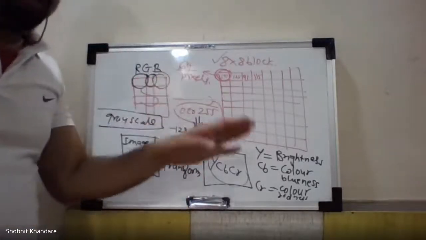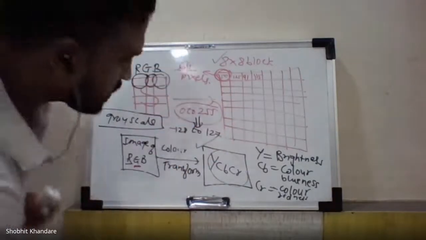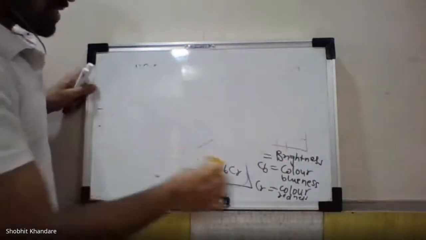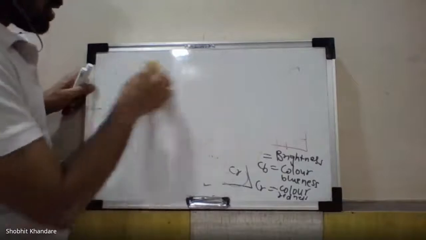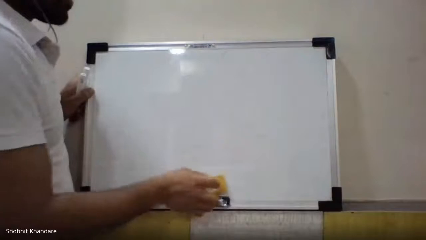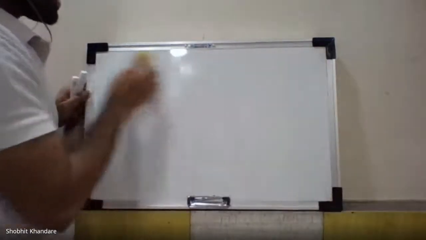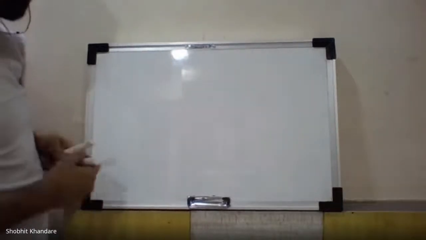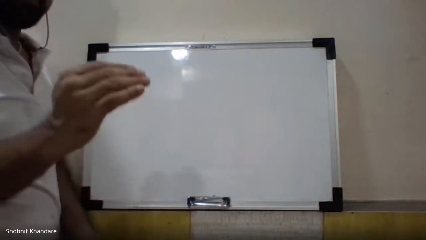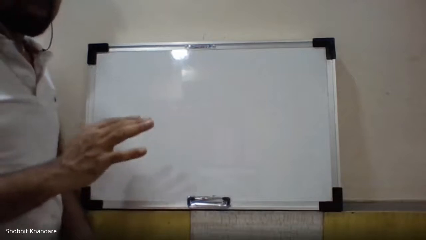Then after this DCT, we are using the quantizer. What do you mean by quantizer? Now this is the important thing. Quantizer is nothing but sampling down to the lower values. You must have studied this in digital communication: sampling and then quantizer. So quantizer is nothing but bringing down the frequency components to the minimum frequency values.